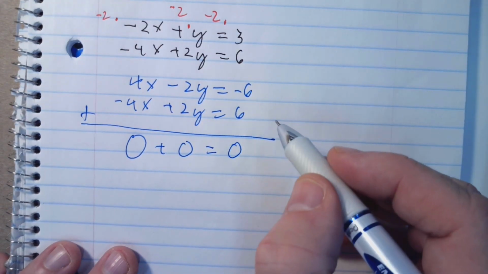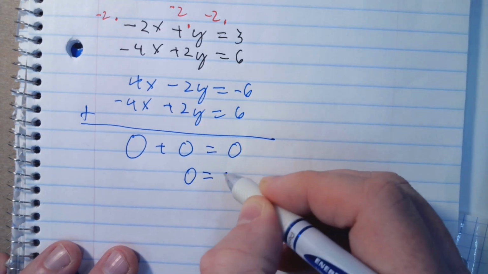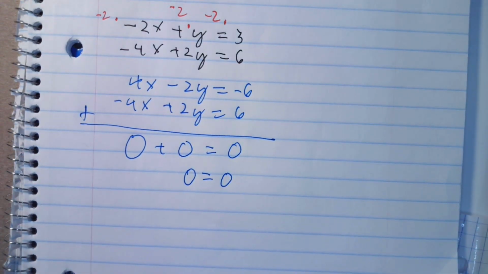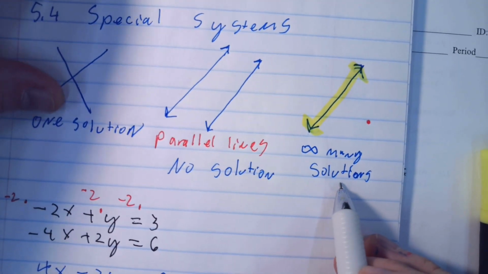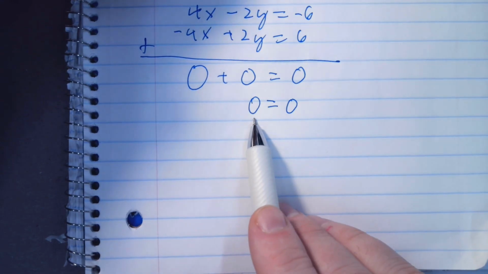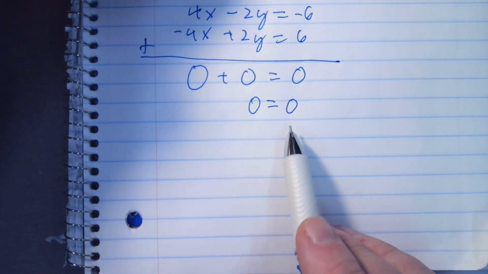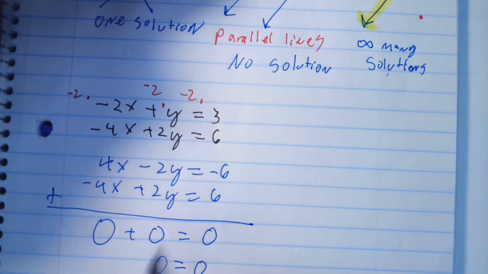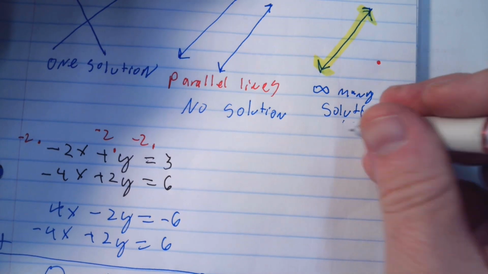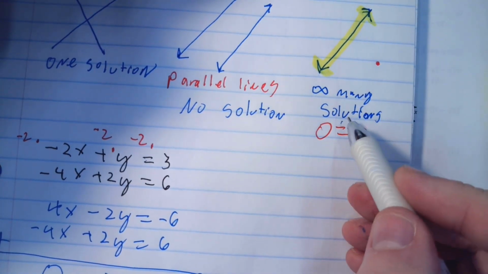Okay. So I can't do any more work, can I? Everything eliminated itself. What does that mean? No solution. So that's the debate. Is it going to be no solution or infinitely many solutions? This is how I determine. Is this true? Yeah. 0 does equal 0. So then it's not no solution, because no solution is going to be not true. This is true, and so basically 0 equals 0 is going to be infinitely many solutions.